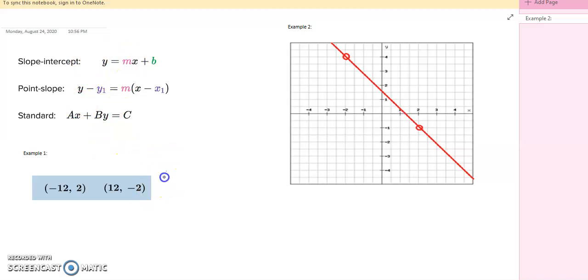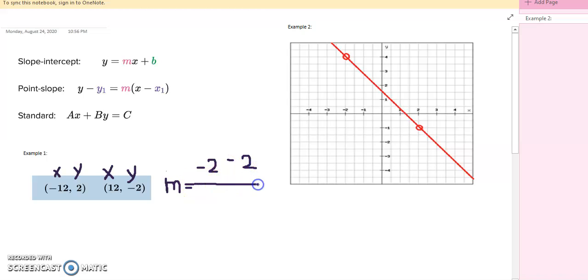The first thing I need to do is find the slope. So the slope is the change in y. Remember, the formula is y. So if you don't remember each one, you can label them. This is x1, this is y1, this is x2, this is y2. So we take our second y, which is -2, minus our first y, and all of that over our second x, 12, minus